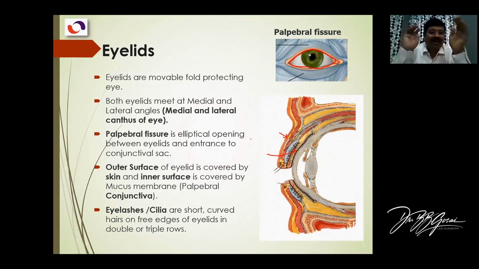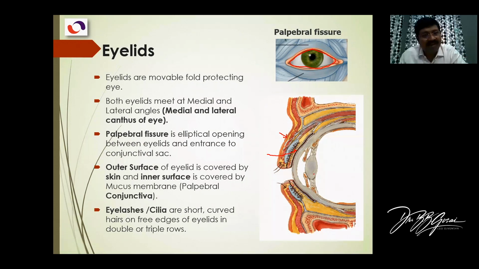So conjunctiva is divided into two parts. Palpebral conjunctiva is for the eyelid. This white line going here is the palpebral conjunctiva. Then it reflects and goes to the eyeball and covers partly the sclera, up to this point. Then it is cornea. At the sclerocorneal junction, it stops. And then this is the cornea. And this is again the conjunctiva which is covering the eyeball.